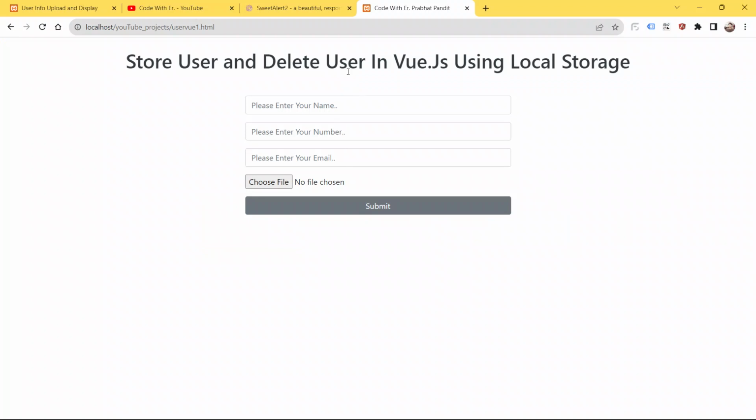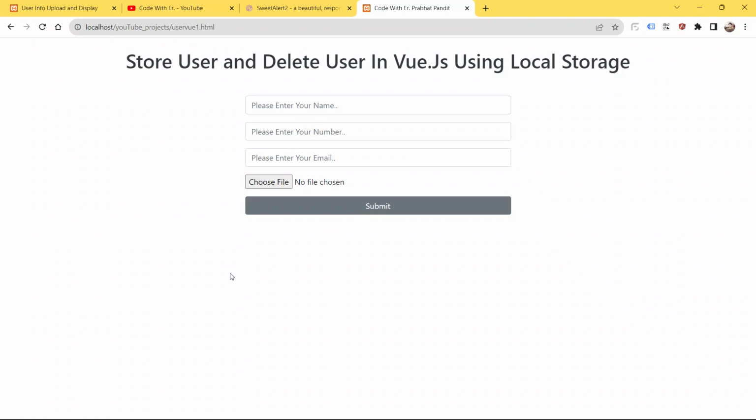If it is so, then we will just fetch it and we will just display it to the user on the UI front. Okay, so guys, imagine that a user has already submitted some details and it is already stored in the local storage. If it is so, then we will fetch it, then we will show it to the user, to the UI also. So now we have to check if something is already in the local storage or not. If it is so, then we will fetch it and show it to the user.